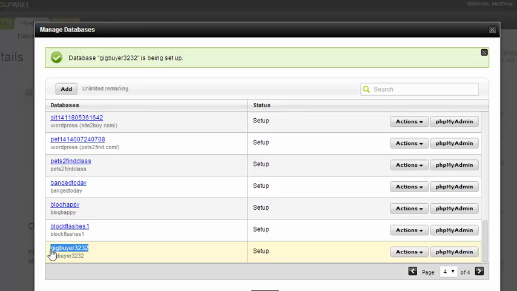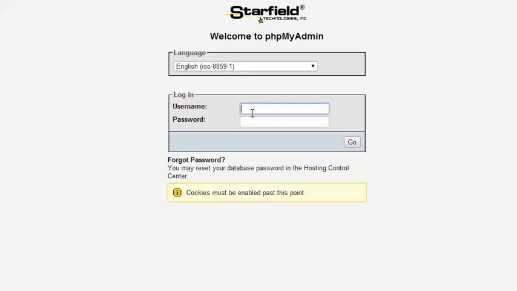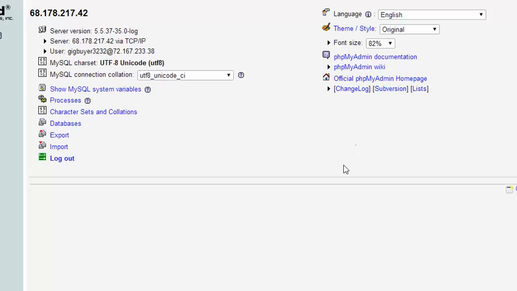Okay, so I'm going to highlight that, copy it, and I'm going to go to my admin here. This is pretty simple, very simple. And next step, I'm going to paste that in, and then I'm going to use my password that I created in the last video. And I'm going to hit go. Alright, so now this is your database